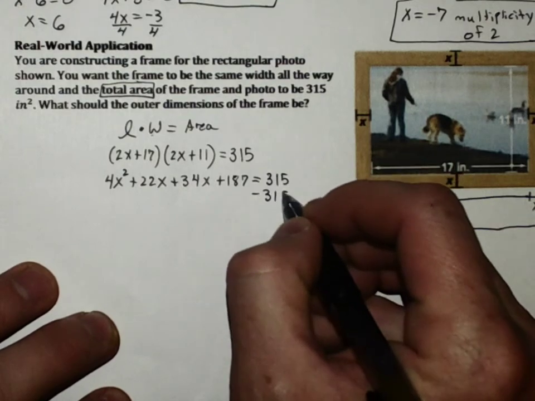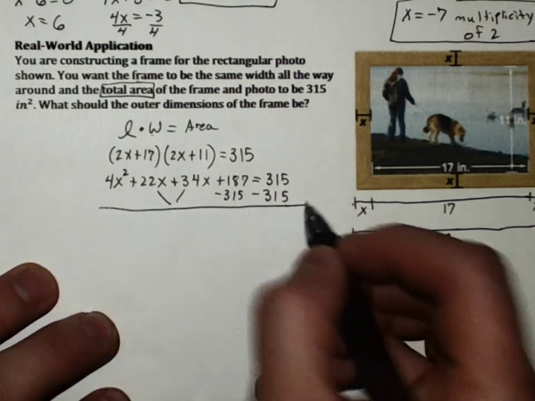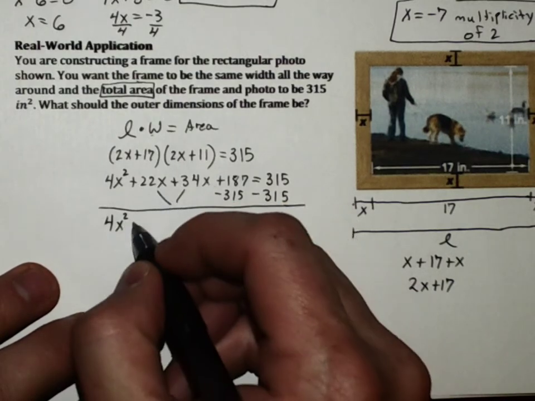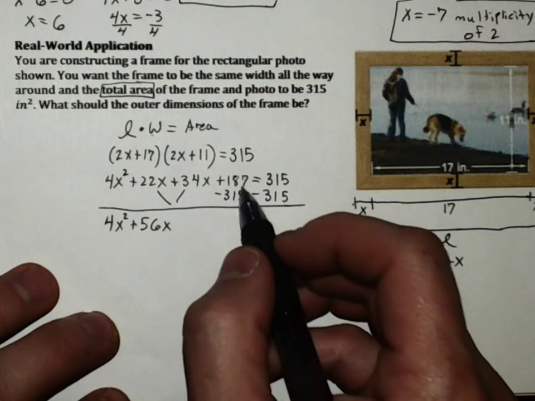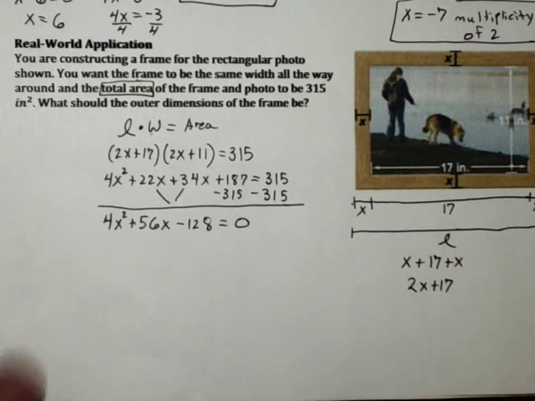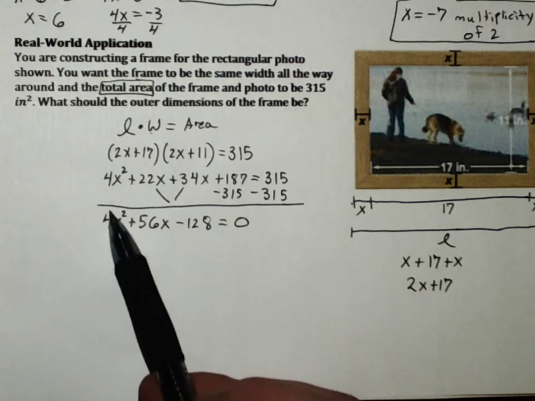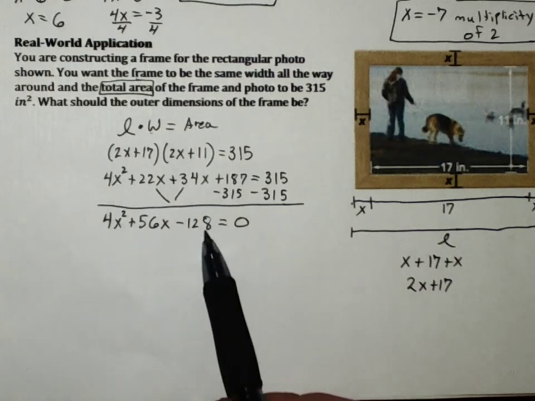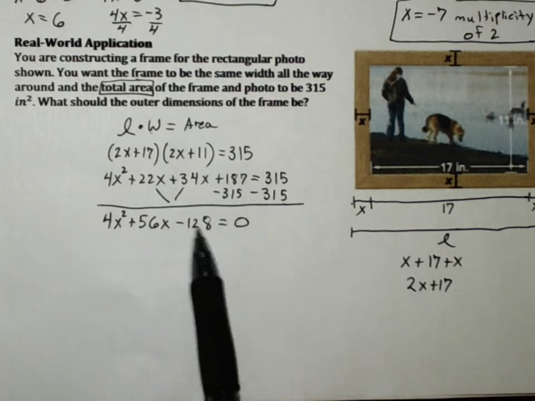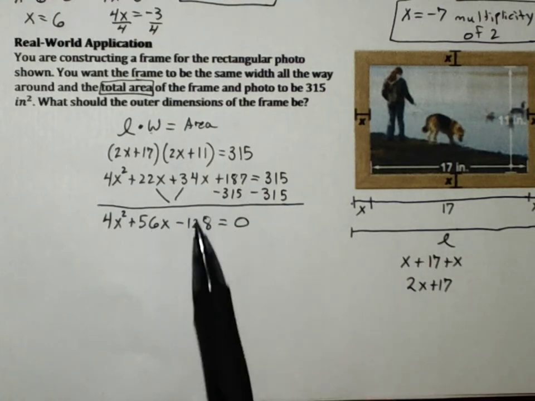Now I subtract 315 over. And I can also combine those two together, getting 4x squared. 22 plus 34 is 56x. 187 minus 315 is negative 128. All right. Some of you might look here and be a little nervous. We have a 4 as our coefficient on our quadratic, and we have 128 over here. If you were to factor this by grouping, you'd have to take this 4 times negative 128, get an absurdly large number, and then add it to this. I'm going to check,